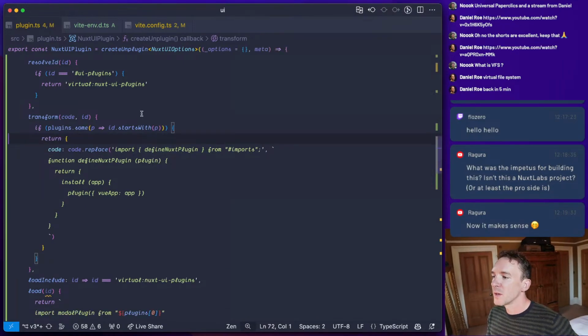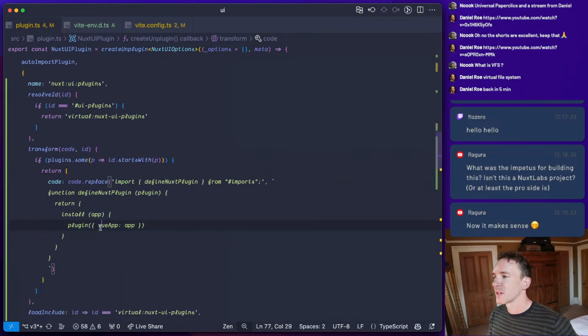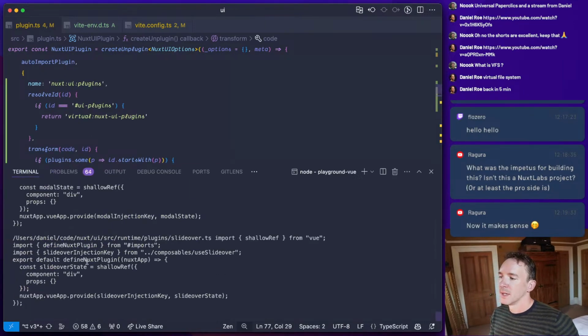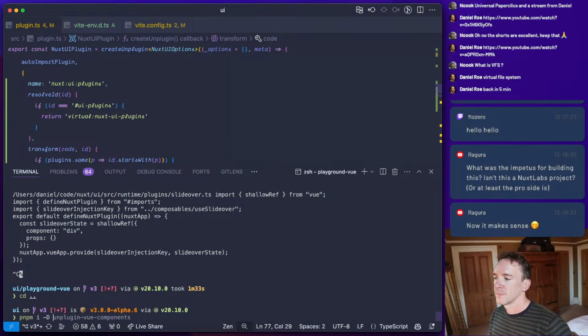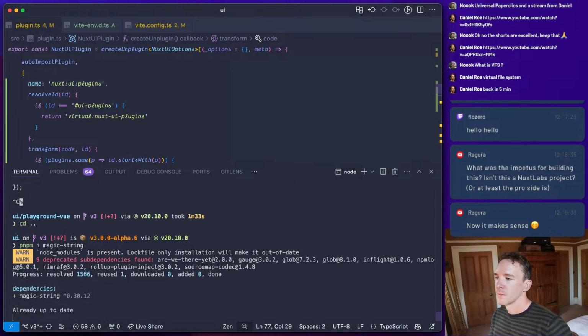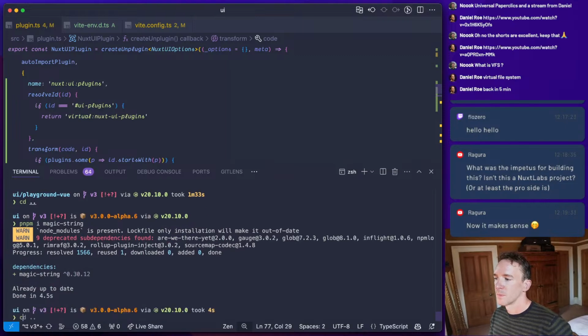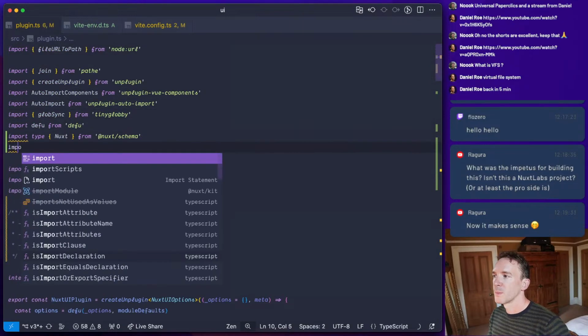Right. Okay. So we've got the plugins. Obviously, this needs to be much more stable. We need like source map support. We might as well do that, right? Okay, source map support.